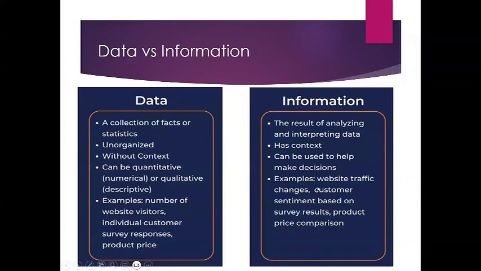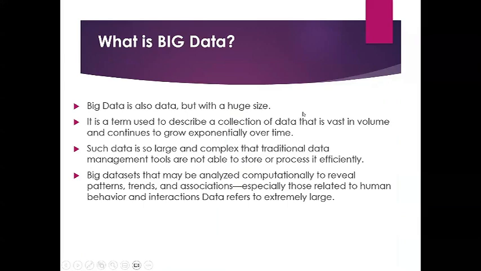An example: web traffic changes, then customer sentiment based on survey results. We can consider those as examples of information. So I believe you got an understanding of the difference. This is kind of a raw thing, and this is kind of an analyzed result, right? Okay. So let's go to the